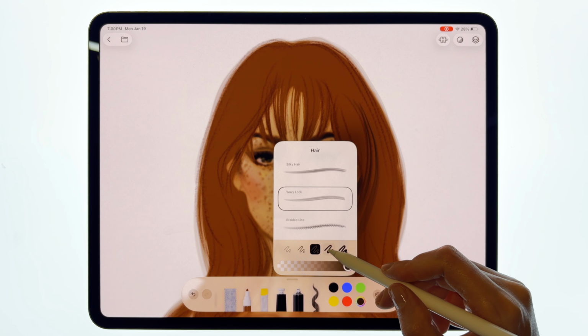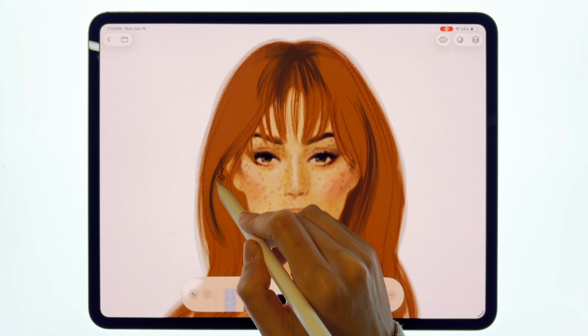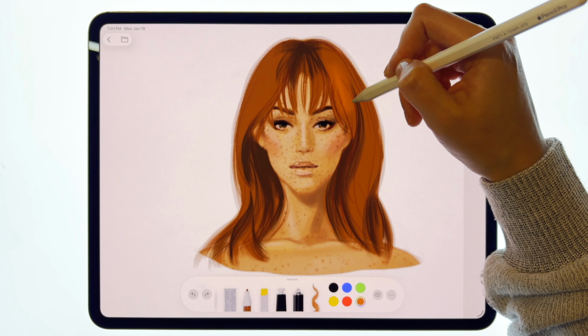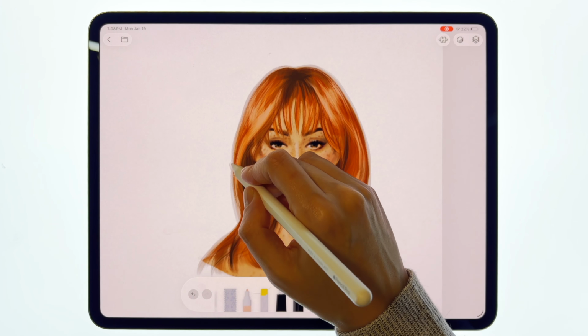Using the same brush but in a larger size and darker color, we can add more depth to the roots and under the curtain bangs to define their shape with shadow. Finally, use both Silky Hair and Wavy Lock brushes with a lighter, brighter shade to add highlights following the shape